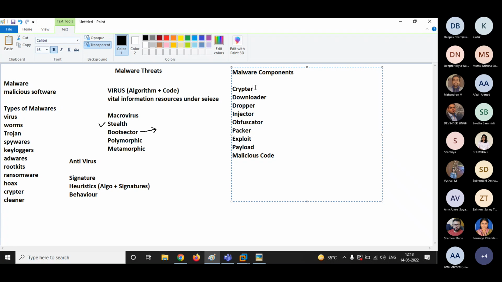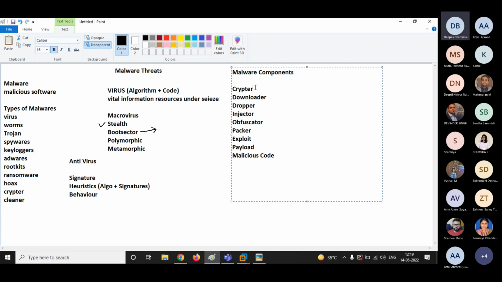Packer is like many components in a single malware. A packer is used to compress the files, bundle all the components together and bypass the security. That is the work of a packer.